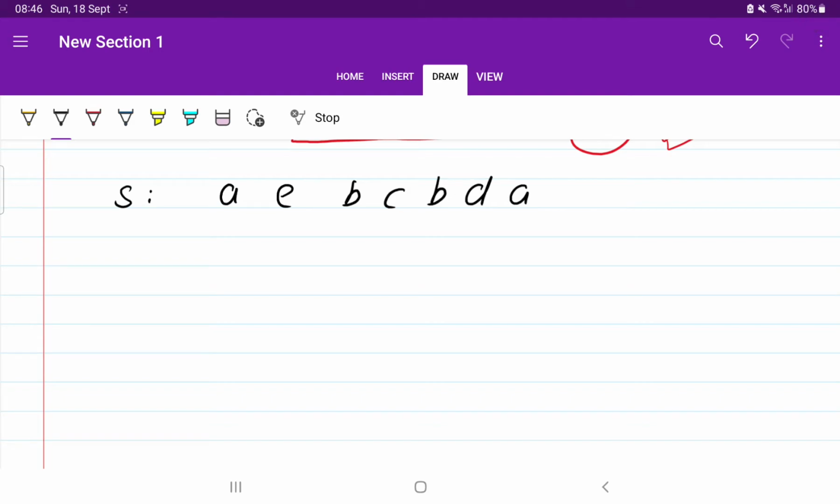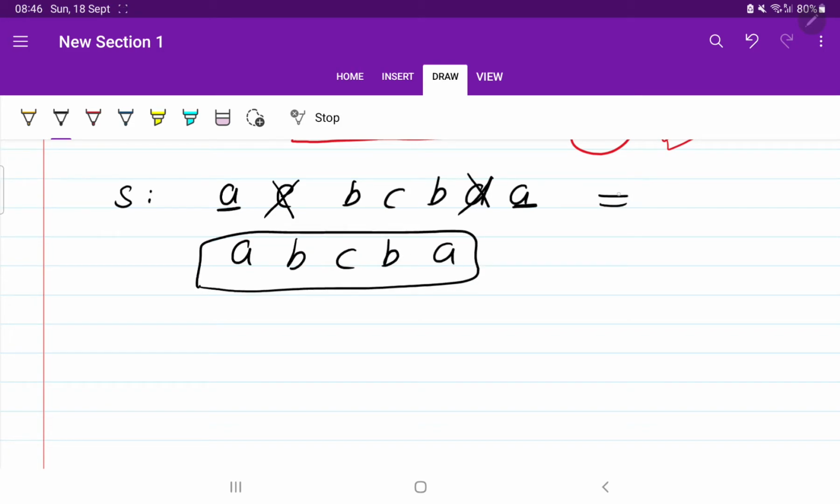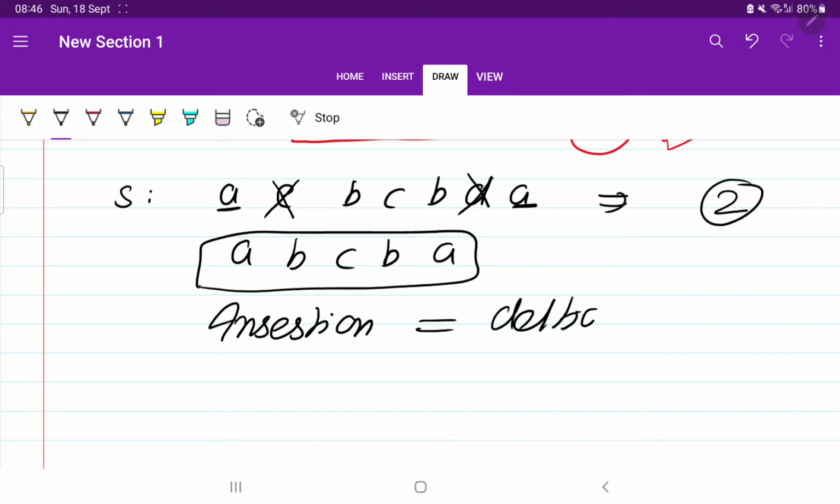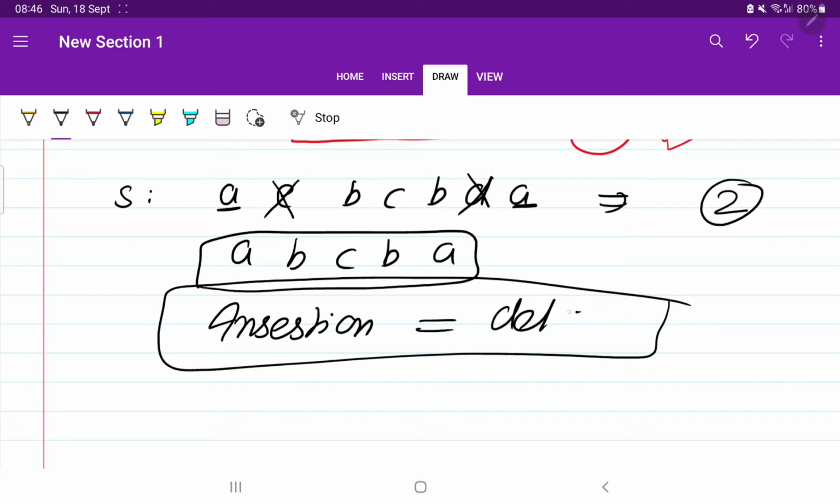If you want to make the same string palindromic by deletions, you are going to delete E and D. So A B C B A. Now this is palindromic. So the number of deletions is also 2. So you got to know that the number of insertions is equal to the number of deletions. Okay, so this concept is clear.